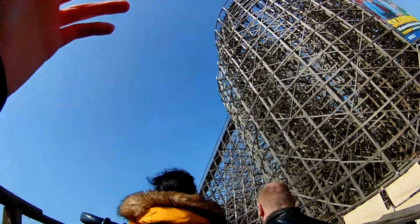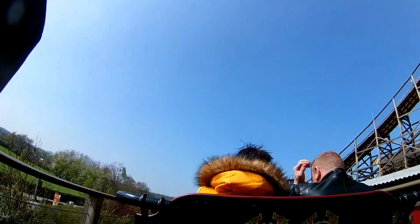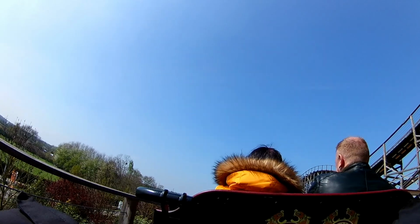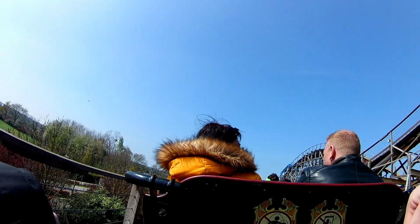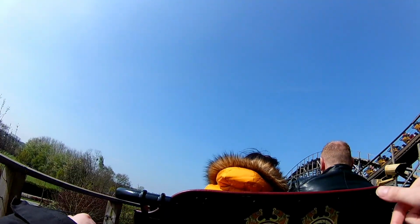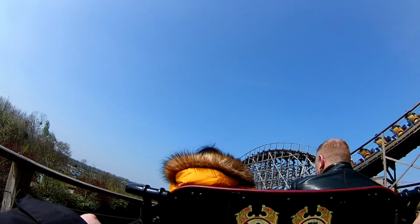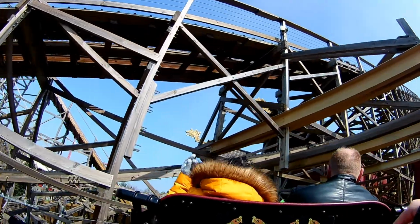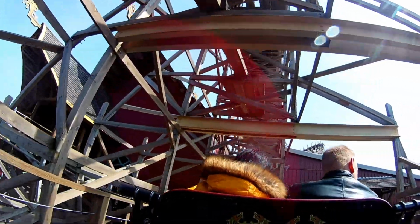This is a very airtime focused coaster. You know, it's little pops of ejector as you go around. It's not got tons of airtime, but this is definitely, you are flung out of your seat and you're out there until you hit the bottom of that drop. My favourite moment on a wooden coaster, I'm going to say it now, and it's a very big drop as well. Pretty much takes you to the bottom of the ride,